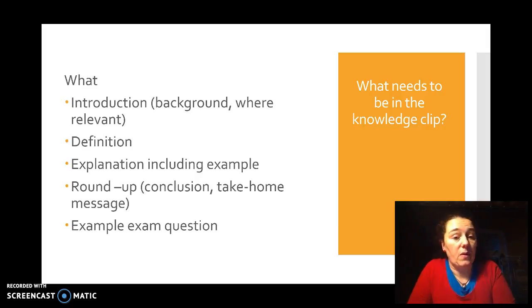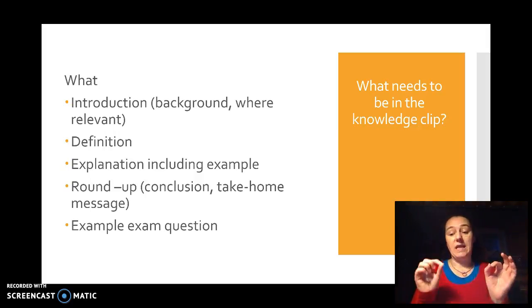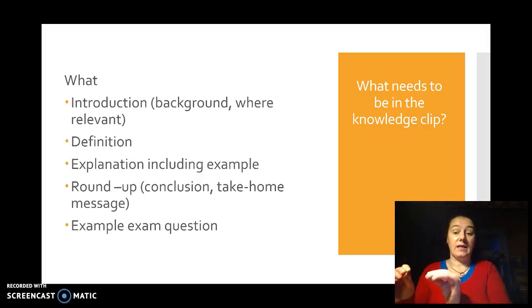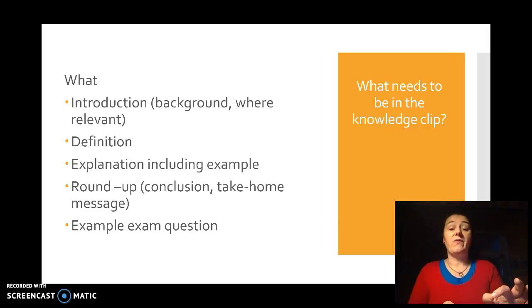If your knowledge clip is more about a what question, of course, again, introduction, background, where this thing is relevant, and then a definition. So a definition is a textbook description of what a thing exactly means or stands for. This is important. I will be asking for definitions in the exam. So give the literal definition from the book, because people will need to memorize that. Give again an explanation, including an example,